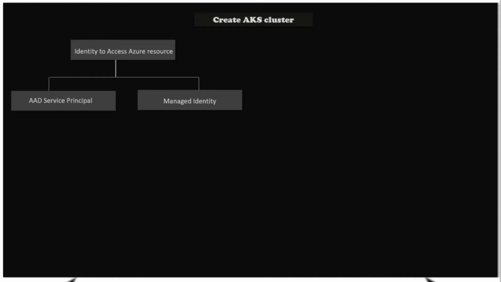The same way we access any resources, we authenticate to Azure AD and then we are able to access the resource. The same way, an application also needs to access the resources. So for an application or user, we need an identity. You can manually create an Azure AD service principal, or it will be created automatically while creating a cluster. For the Azure AD principal, we can use it as manual, dynamic, or we can use a managed identity.